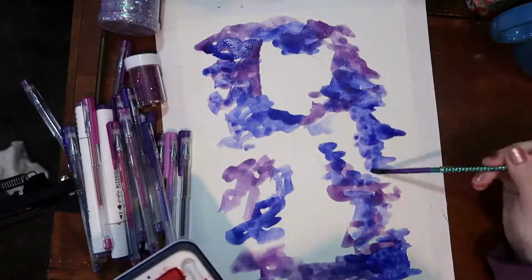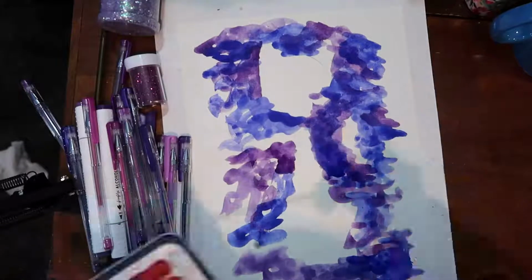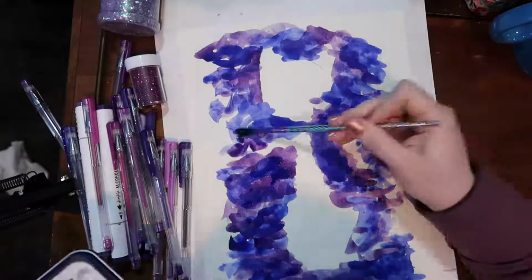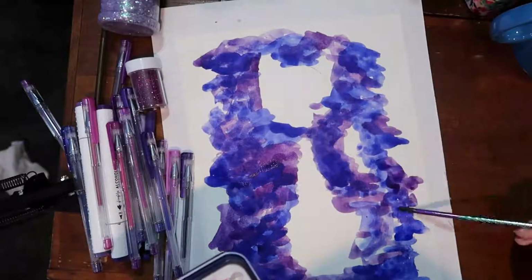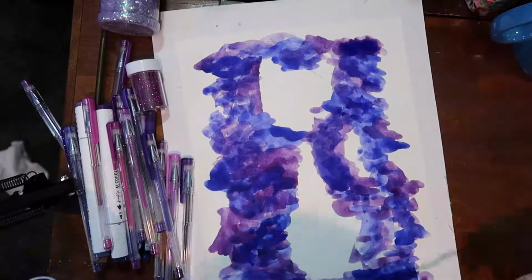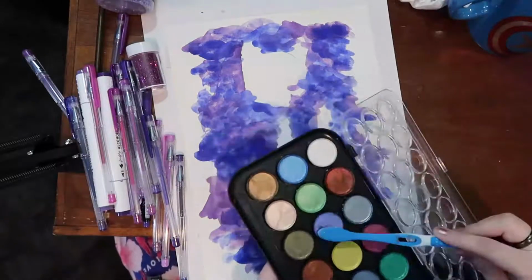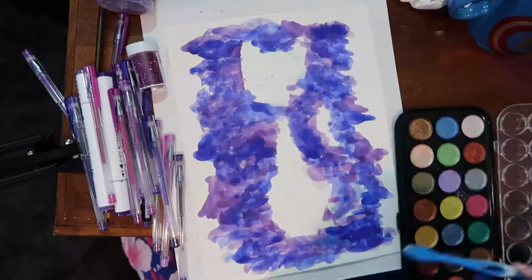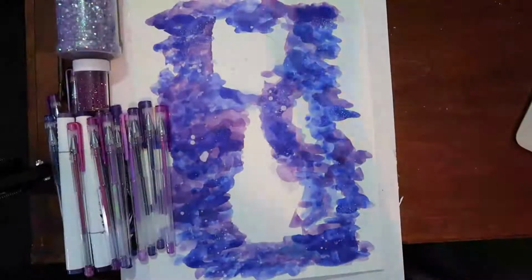So over on the left you can see almost all of my purple art supplies besides the watercolors, which I'm holding. Besides the watercolors, which are fairly easy to keep track of, I pretty much have a bunch of different types of pens and a couple of markers. In order to keep track of whether I have used them or not, I'm going to do something that Scribblefix does. I'll link her below because she does a lot of this type of challenge and other color palette limited challenges that are really cool. She keeps all of her art supplies that she hasn't used on one side and then moves them to the other side. So I'm going to use that method to keep track of which ones I've used,